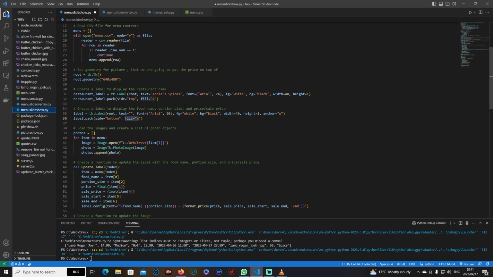And we come back to here. Now we need to load the images off the disk and to create photo objects. The difference is that an image is a file, but a photo is something that TK can work with. So we're going to create a list of photos. We're going to go through the menu, each line, except the heading, and we're going to pick up the picture or the photo name